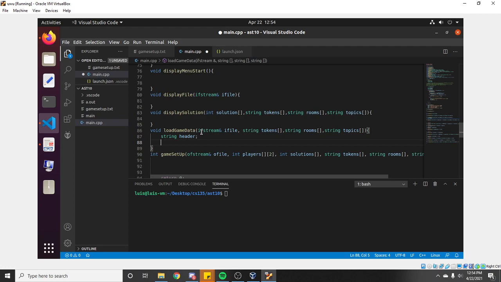Yeah, we're probably going to use a get line to get rid of the first line, and then we're probably going to have another string to store our information, right? Oh no, we don't want to do that, because we can just store it directly into our array. So what we can do now is